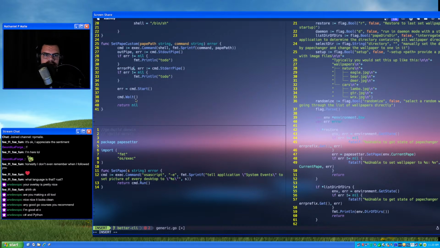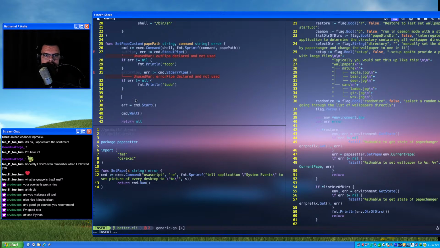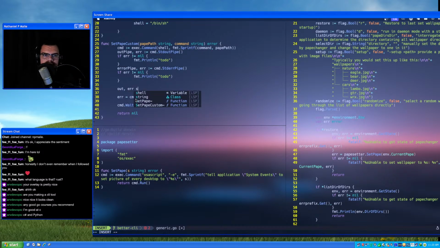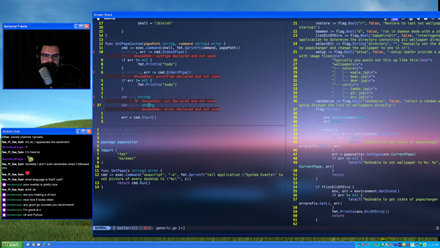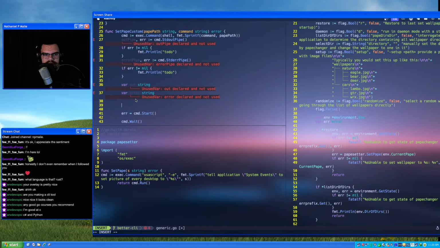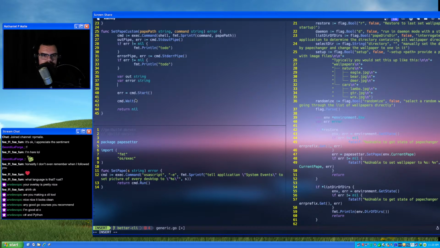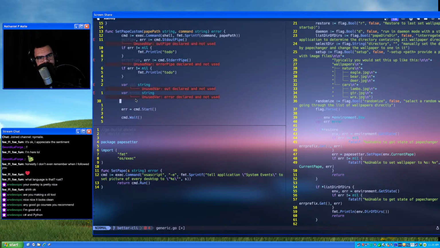We'll call this errPipe, and then we'll have out, comma, err, string. Yeah. Error string. Does that not work? Yeah, fair enough. And then I want these to be strings. I don't know that I actually want these to be strings.